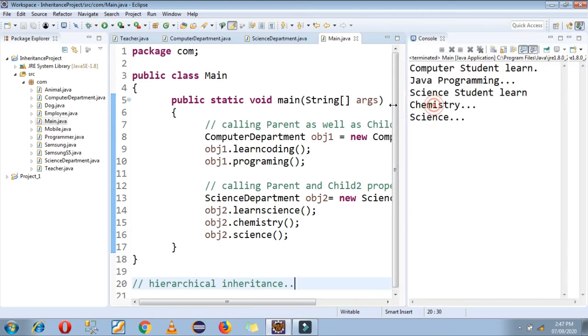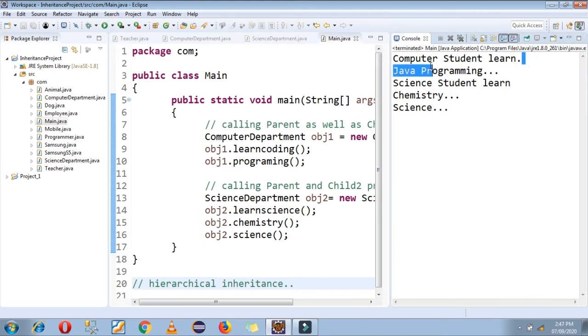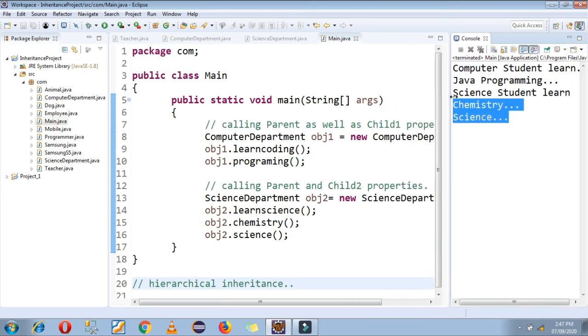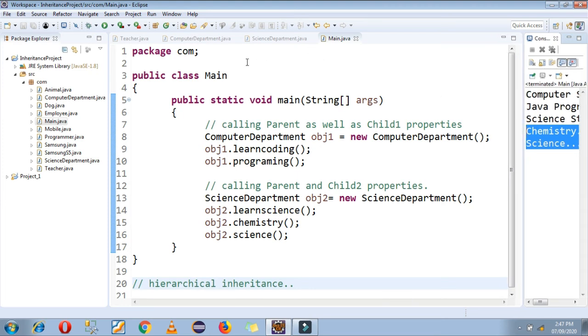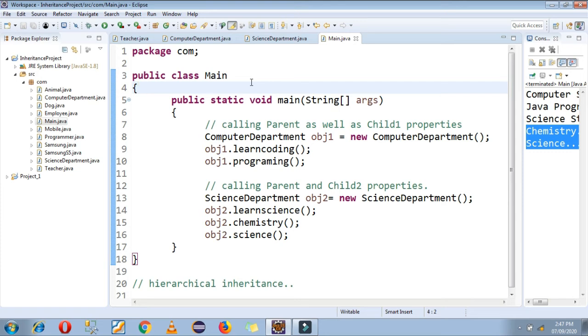So computer student learn, this is the child property. Then Java programming, it's a parent property. Then science student learn, this is the child 2 property, and chemistry and science, these are both properties from a parent class. Okay. So in this way you can execute your hierarchical inheritance in Java. Multiple derived classes but only one base class, it's nothing but a hierarchical inheritance in Java.